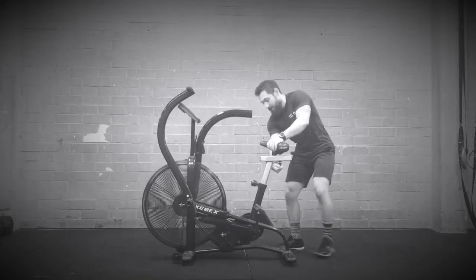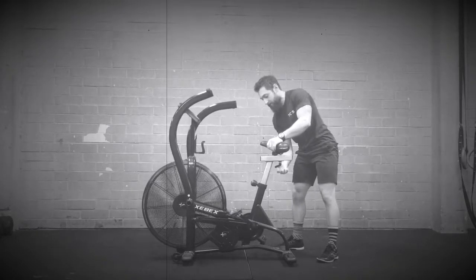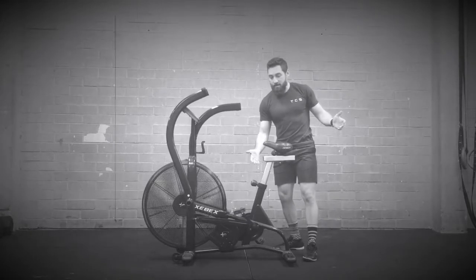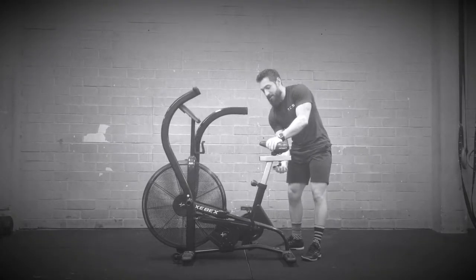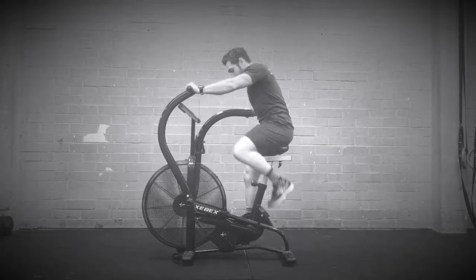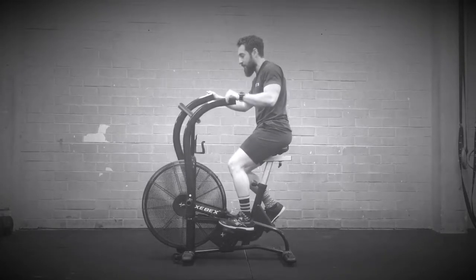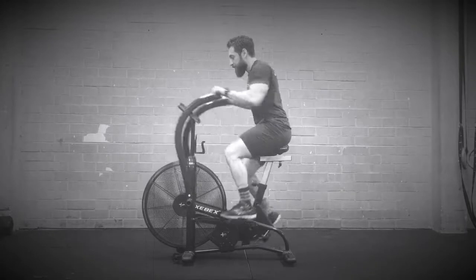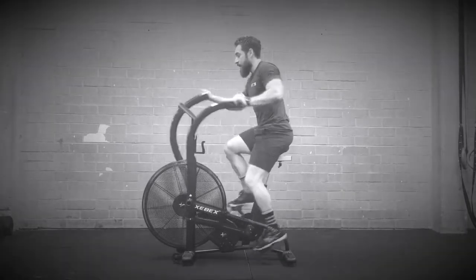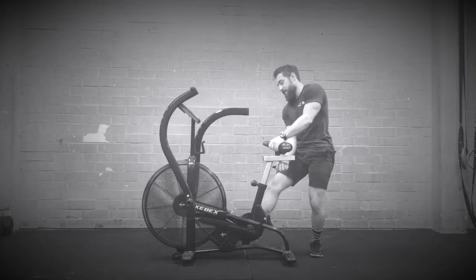Second thing, these knobs back here allow for forward and back adjustment, right? A lot of you guys just naturally go with whatever's set up on the bike. I'd encourage you guys to play with that a little bit so that when you sit on the bike, you should have to sit at a slight forward lean to then produce power, right? So you can see I'm kind of having to lean forward, as opposed to if I'm too far back, I slide this back,